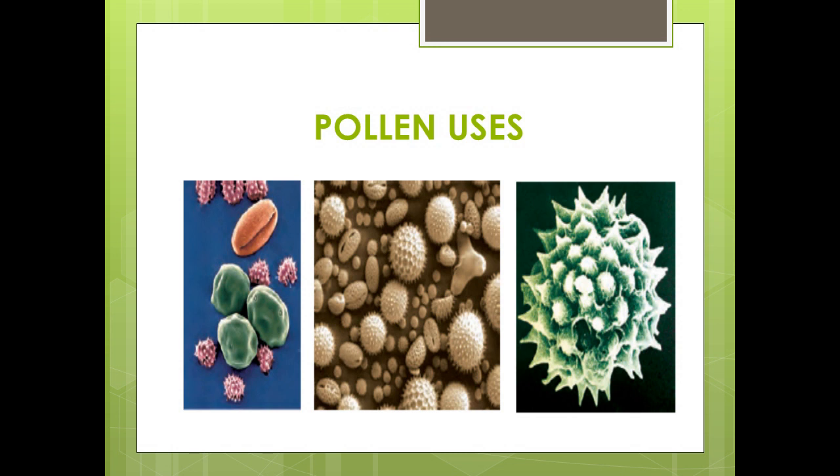Now, apart from the uses, it also has some harmful effects. Pollen grains of many species cause severe allergies and bronchial problems in some people, resulting in asthma and bronchitis. An example would be the pollen grains of Parthenium, to which many people are found allergic. Even their skin becomes black in color and looks like burnt skin due to the pollen allergy of Parthenium.